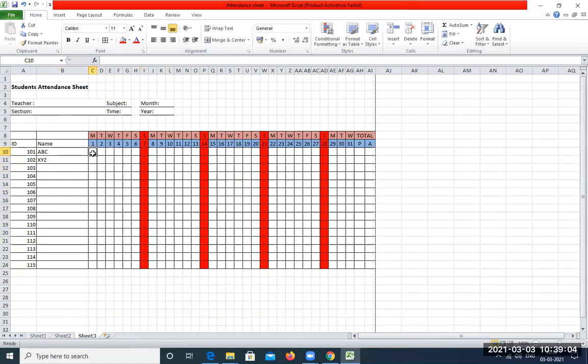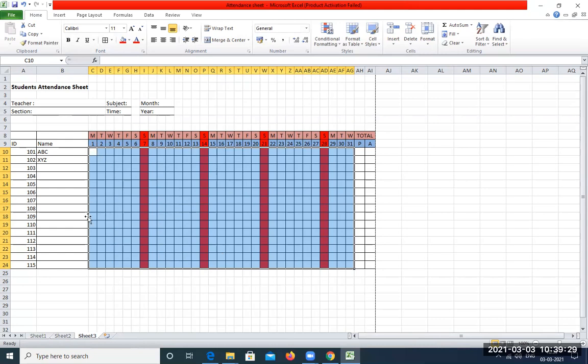Next thing is just select the cells here from starting below this one, from this up till the 31st. So this portion which I have selected is the area wherein we need to mark the attendance. That is, we are going to tick mark or cross. Tick mark indicates present and cross would indicate an absent.